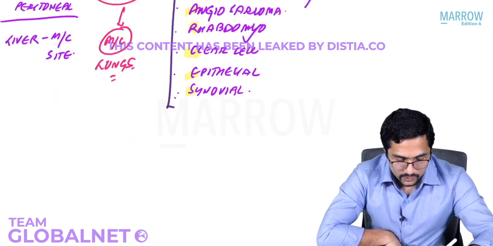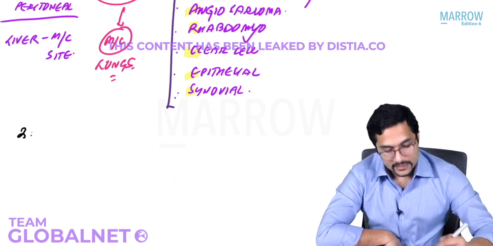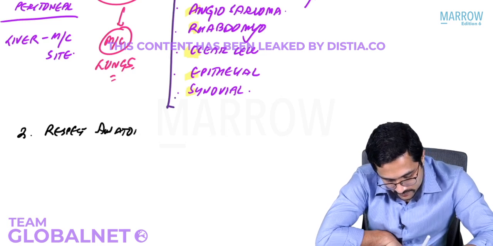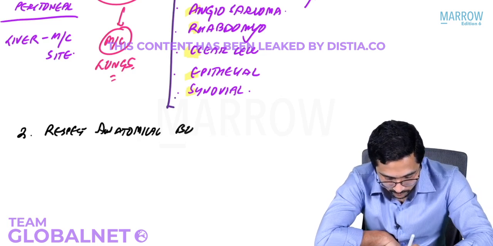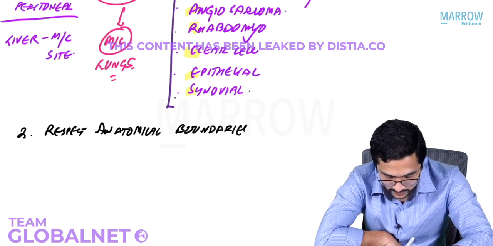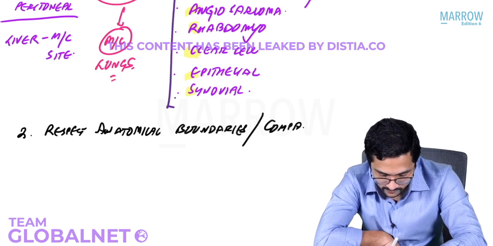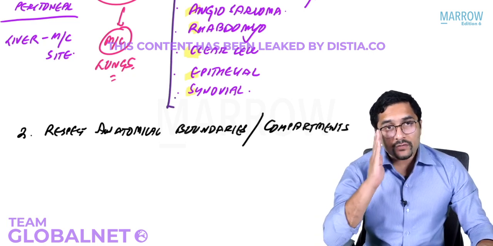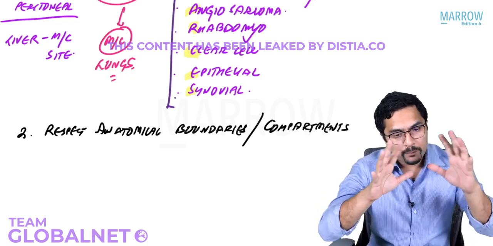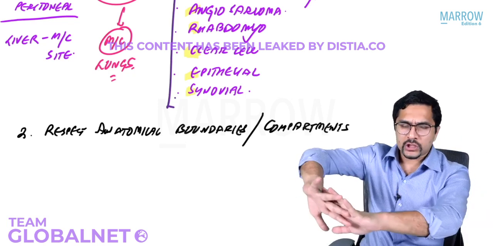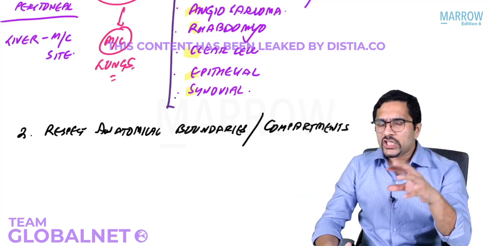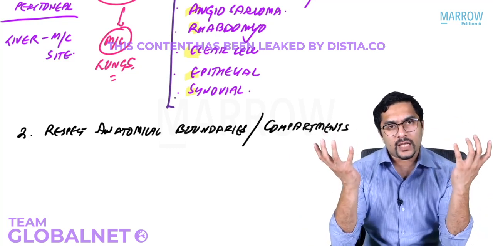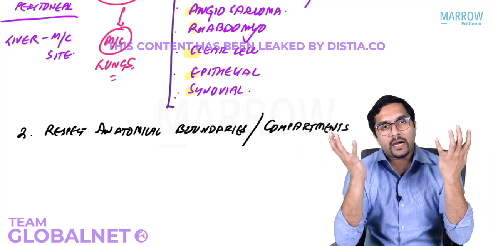The second thing which I want you to remember regarding soft tissue sarcomas is that they respect anatomical boundaries or compartments. So the advantage of this is that they will not breach through fascias. They might push the compartmental boundary, but breaching it is uncommon. So that is why compartmental excision can be done for sarcomas, where you can remove the entire compartment